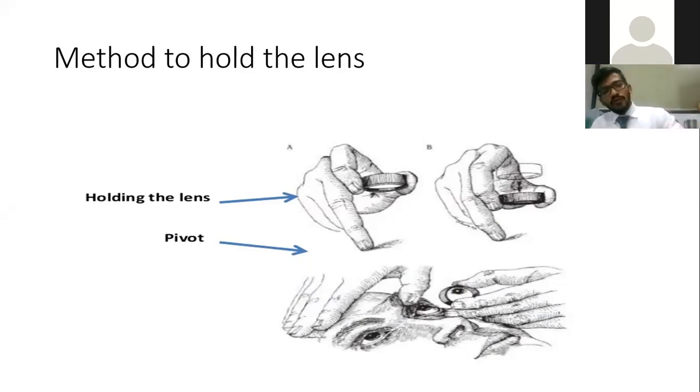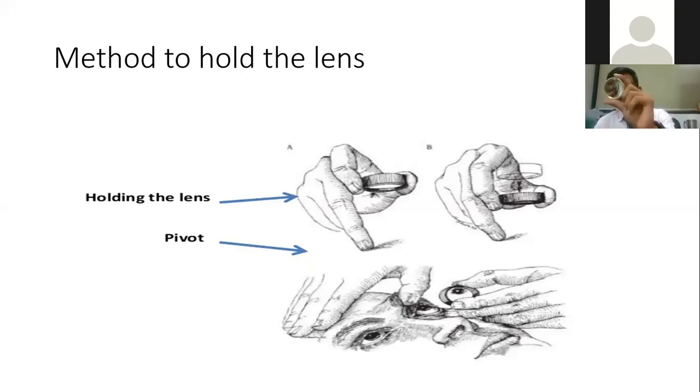So one is you have to keep it on the patient's forehead. Second, the other hand can be used to keep the upper lid, to invert the upper lid, and then you can see with both the hands maintaining the IO. So this is the skill you have to maintain. You have to start using it on every patient, and slowly you will come to know how you can use it